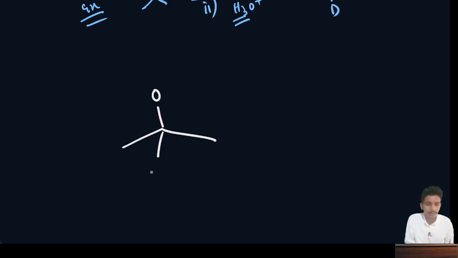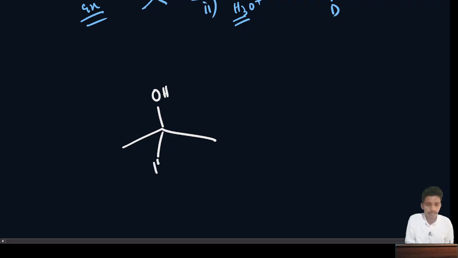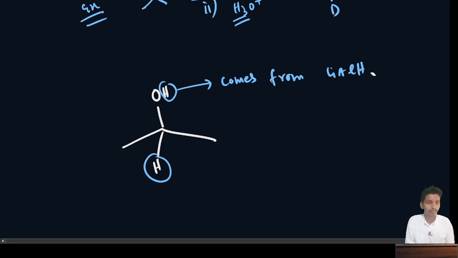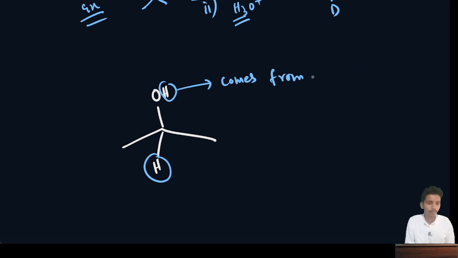Okay, so let's say this H and this H, this H comes from this lithium aluminum hydride, and this comes from hydrolysis,